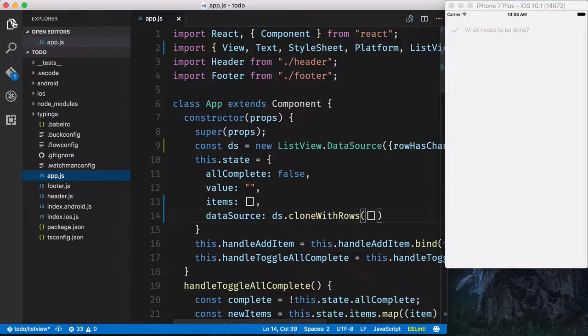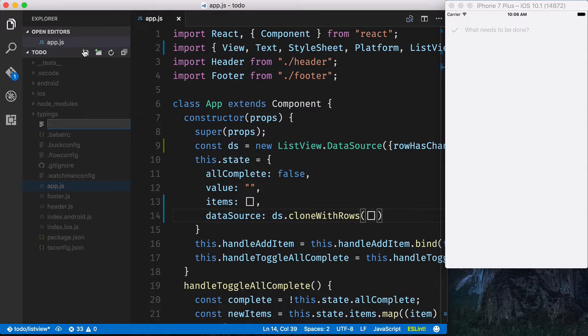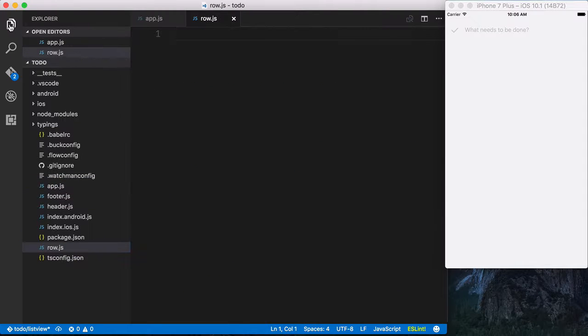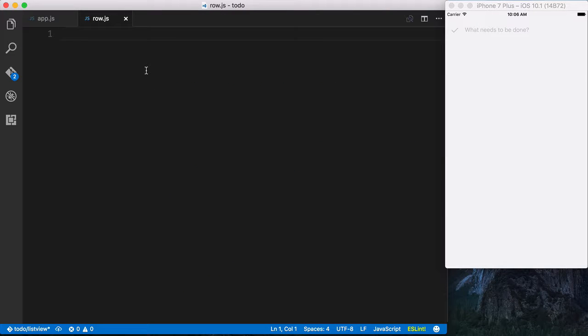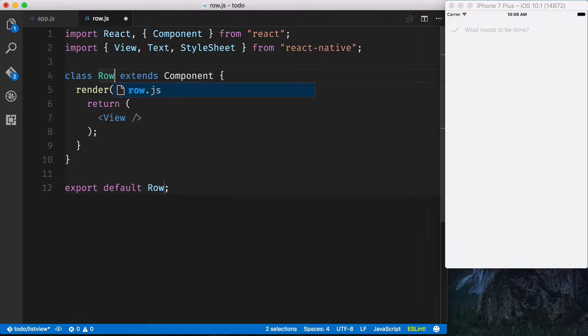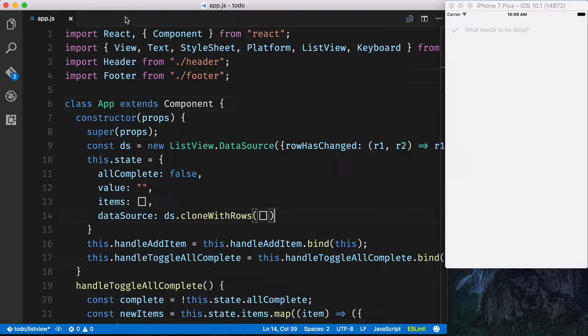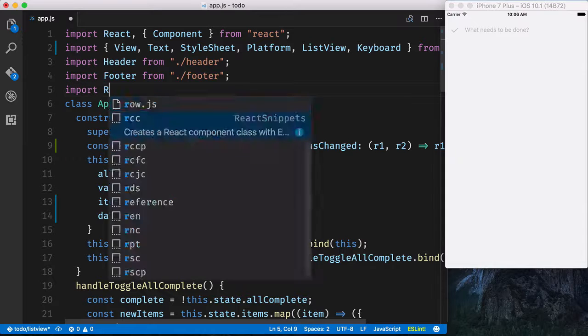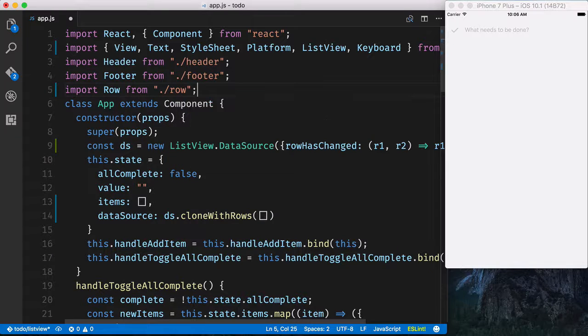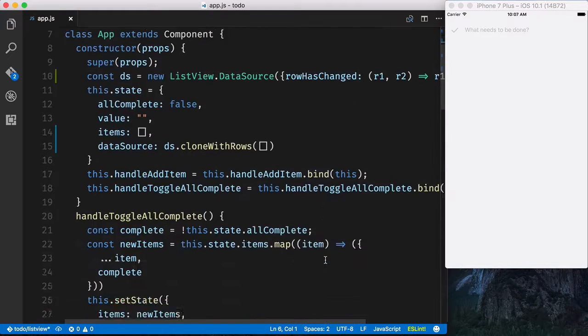Now we'll go and create a new row file. This will be the row that gets passed into the ListView's renderRow function, and we'll create a React Native component and call it Row. Now we'll go back to our app and import Row from ./row. Now we'll scroll down to our content,